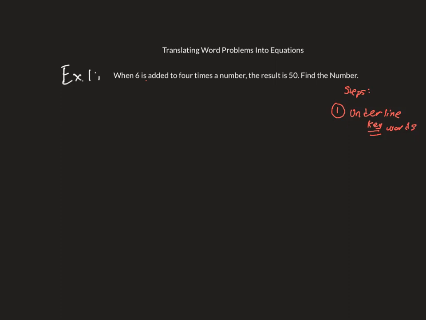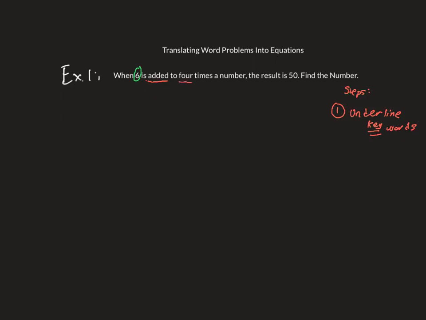So let's read this question. Let's read it through once quickly, and then I'm going to read it through again. So when 6 is added to 4 times a number, the result is 50. Find the number. So, what's important? So here it says when 6, so what I'm going to do is I'm going to always circle every single number. So when 6 is added